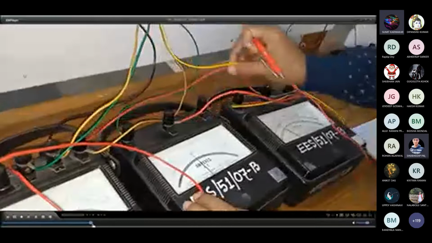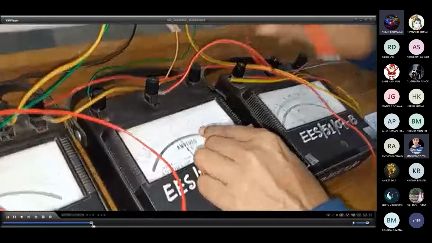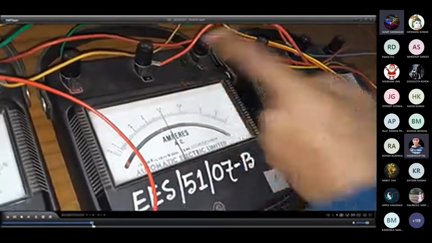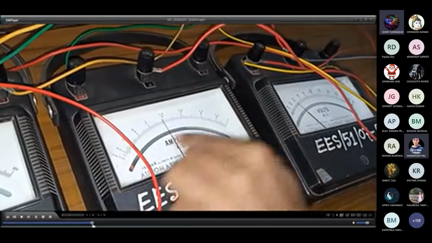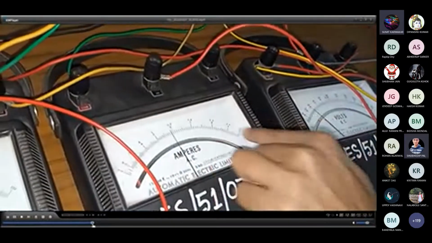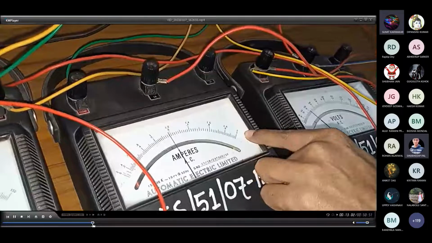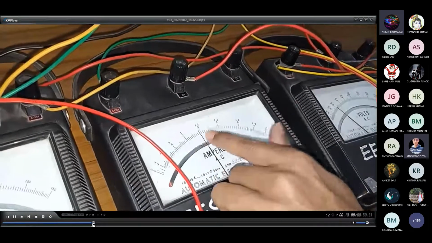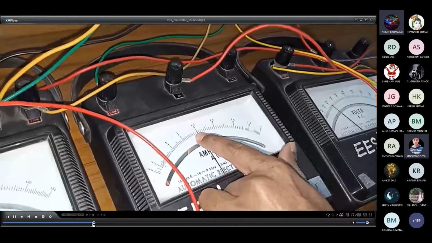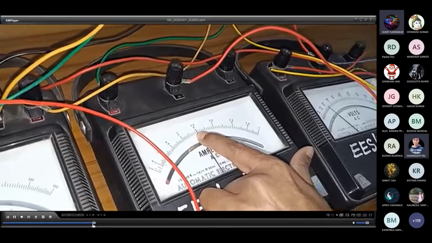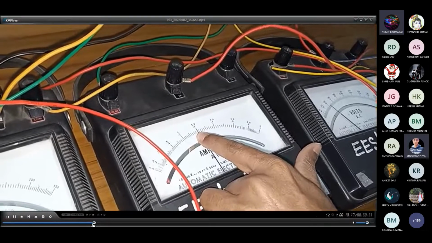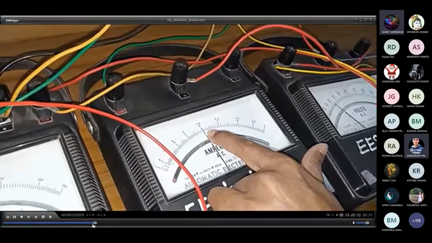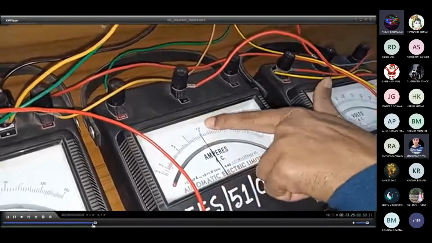So with this 120 volt, what is the current? And check this current, as the ammeter can also be connected for different combinations. Here we have 2 ranges, right? The same scale may be used for 1 ampere or 2 ampere. The upper scale is for 2 ampere, the lower scale is for 1 ampere. Since we have connected it for 2 ampere, we'll have to note, so this is 1, this is 1.2, so obviously the middle one is 1.1. And then each point corresponds to 1.12, 1.14, 1.16, 1.18, and then finally 1.2 here, on the higher scale.